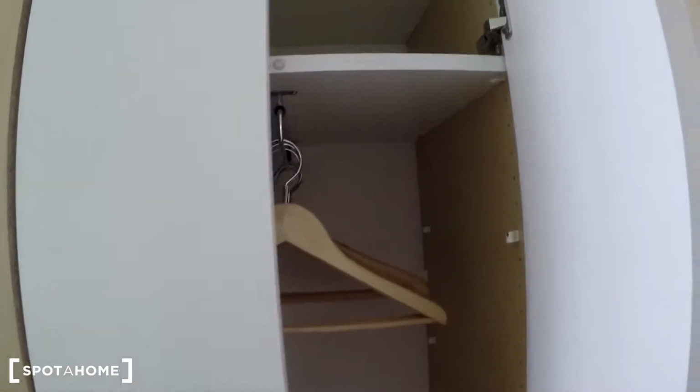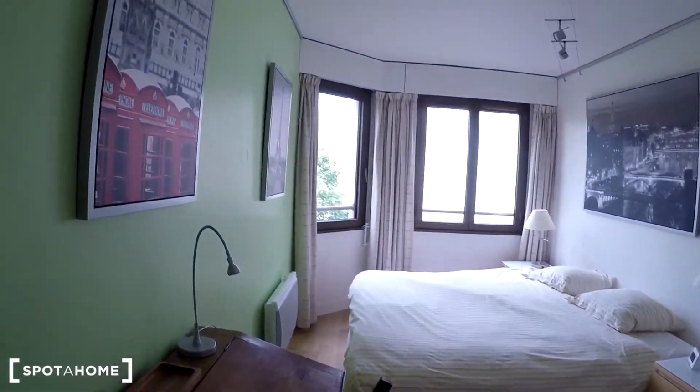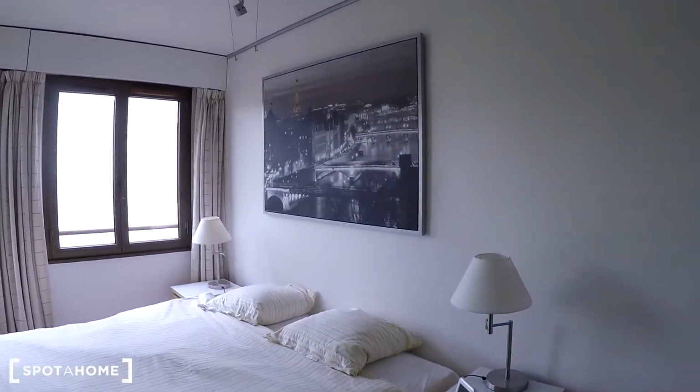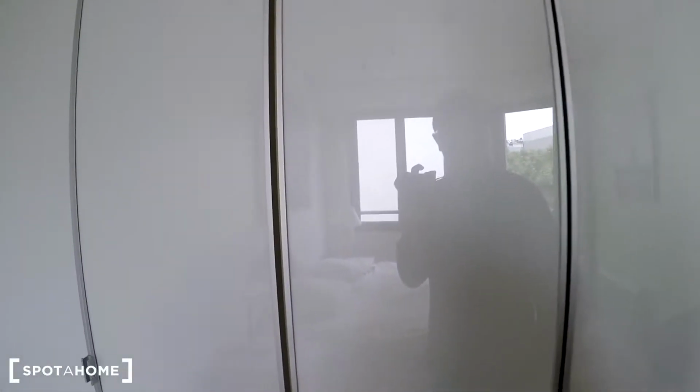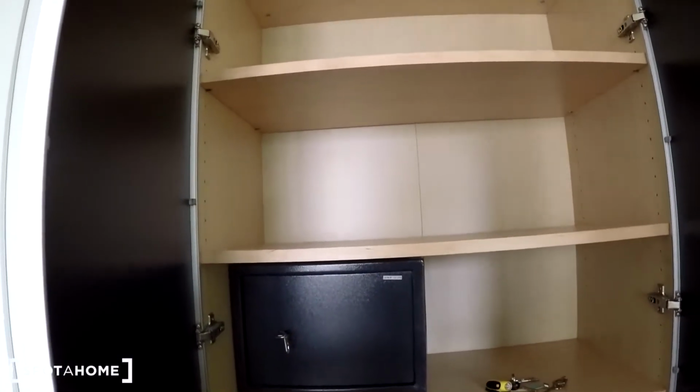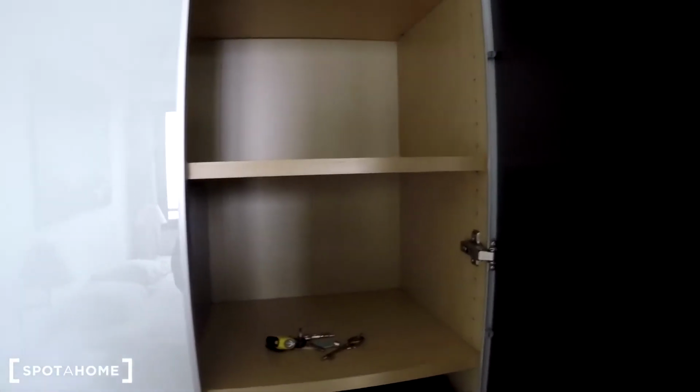So bedroom 1 features storage here with also hanger space and shelves on top of there, and as you can see, there's more shelves that you could add here if you wanted. If you want to replace the hanger space by shelves, that's possible. That's really easy. So here the bedroom features a wardrobe, which is a white glossy panel with 4 doors. As you can see, there's even a, what do you call it? I was gonna say chest. It's not a chest. It's a kind of locker. If you have valuables that you want to lock in there, there's more shelves in there with